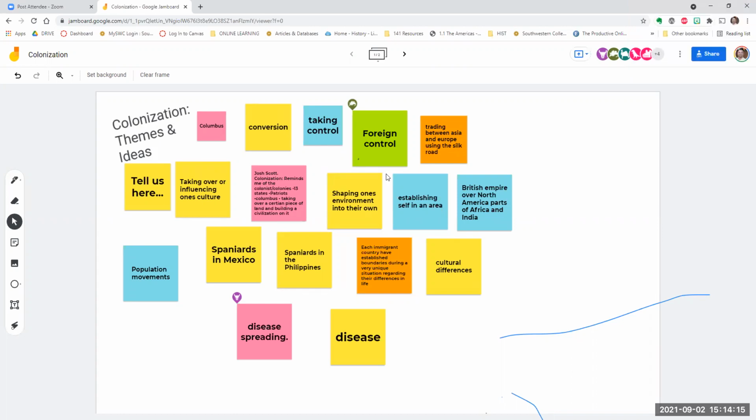I think conversion is a big one, especially when the colonists settle in, because they were used to Christianity and whatever they were familiar to in the old world. And when they come to the new world, they face a lot of new gods varying from community to community. So they obviously try to repress that. And there was definitely a lot of conflict between that probably. So I think it's really interesting, the aspect of conversion.